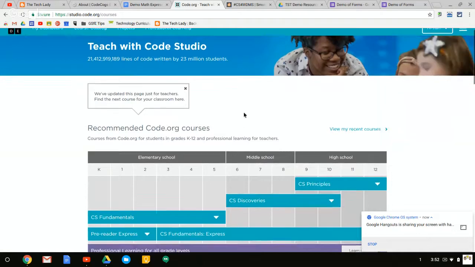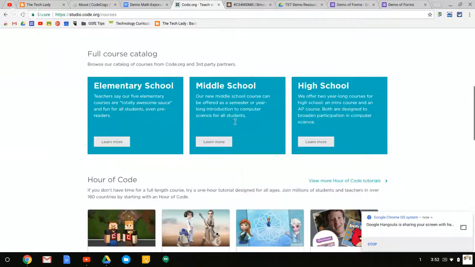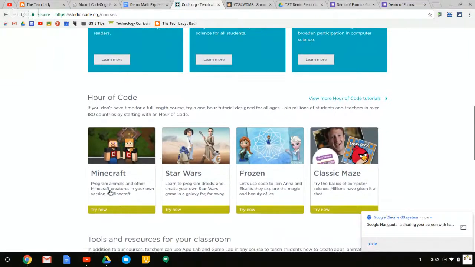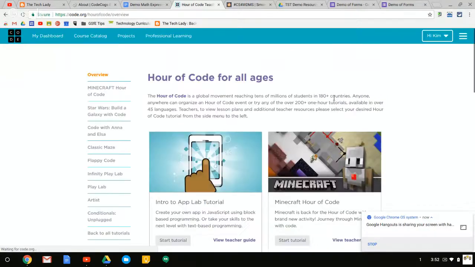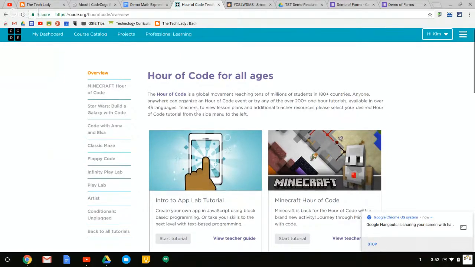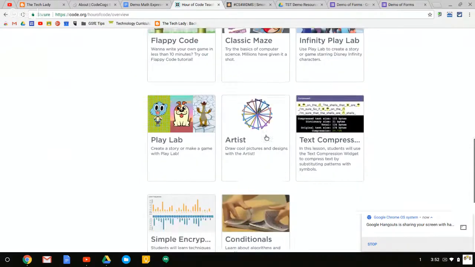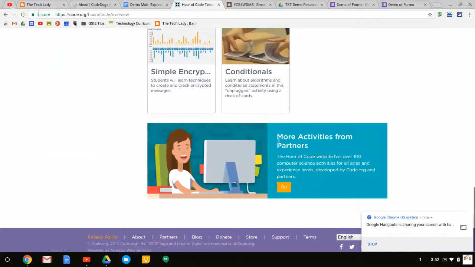And once you create one, you're going to click on the menu here and you go down to Learn. And this page is going to display. And if you go down to the Hour of Code section, it's probably in the middle of the web page, you click on View More Hour of Code Tutorials. Now, of course, you can try these, but many of my students in my district had already experienced these tools. So I ended up going to third-party applications for students in my school. So you can actually go down here and you can see all of the different applications that you can use. But if you scroll down to More Activities from Partners, and you click Go,